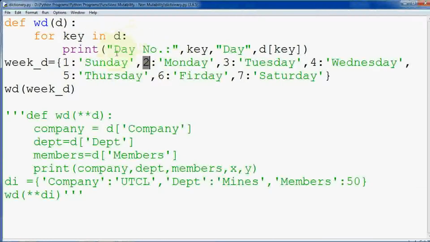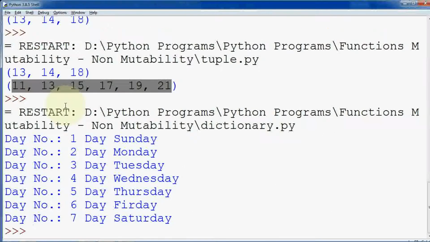So day number, key, and then whenever you want to display the value you have to write like this D, then subscript bracket will come, this square brackets, and key is coming there. So you are passing that particular value using this. And here I have passed the same dictionary object. Now let me check. See, this is your output.